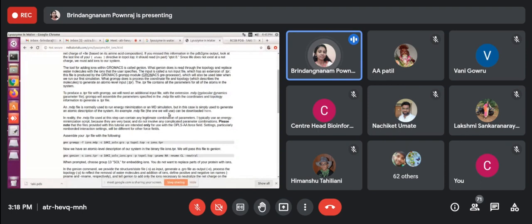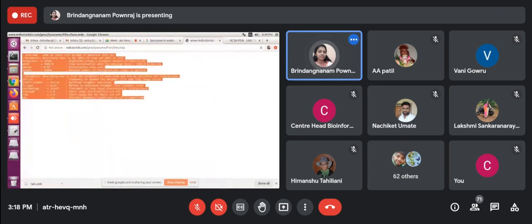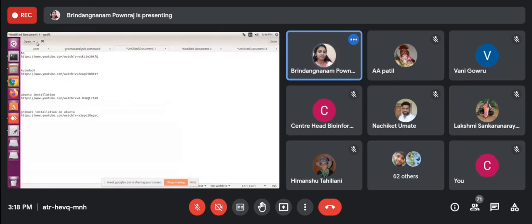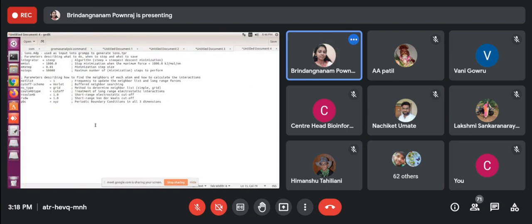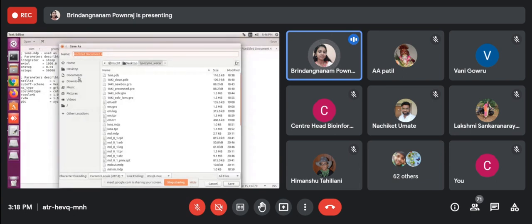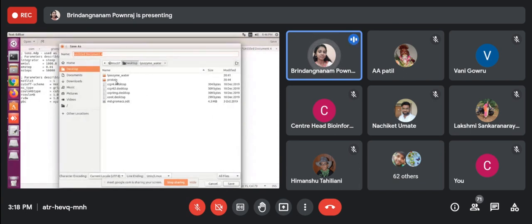For example, the ions.mdp file can be downloaded here. If you go near here, it will blink; right click and copy this page, paste in a new notepad, and save it as ions.mdp. Whatever folder we are running in, there only I'm going to save.